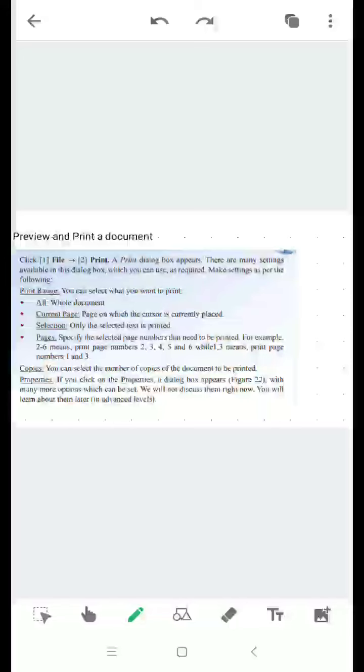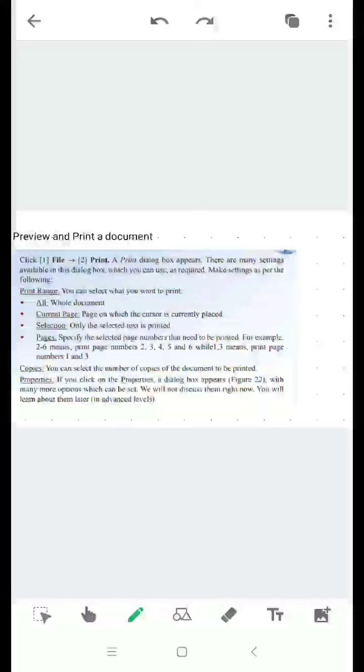Next is pages. Here we can specify the selected page numbers that need to be printed. For example, if a document consists of 50 pages wherein I want to print the page numbers 1, 2, 3 and again 41, 42, 43. So instead of scrolling down and moving through it and printing, I can just mention the page numbers 1-3. It means 1, 2, 3 continuously. If the page numbers are random, we can mention 1, 3, 5 like that, and 41 to 43. So the pages which we have specified will be printed. So that is print range pages.